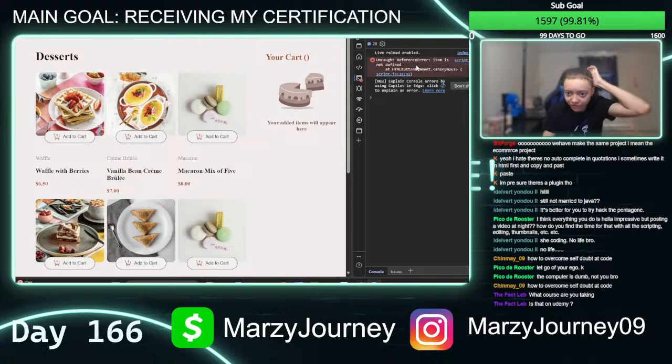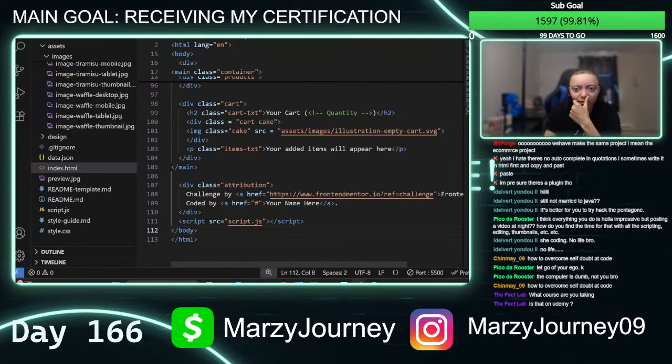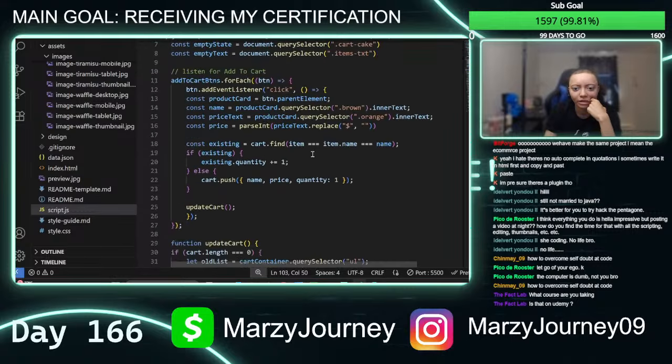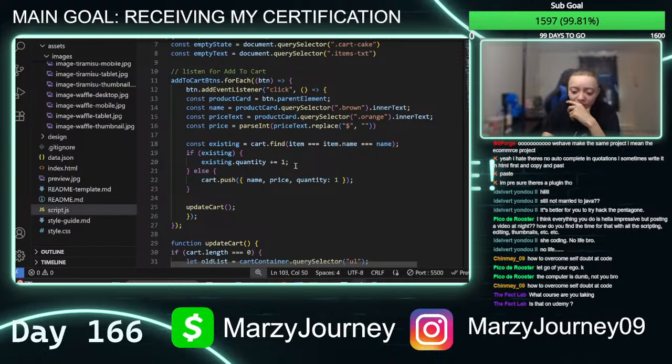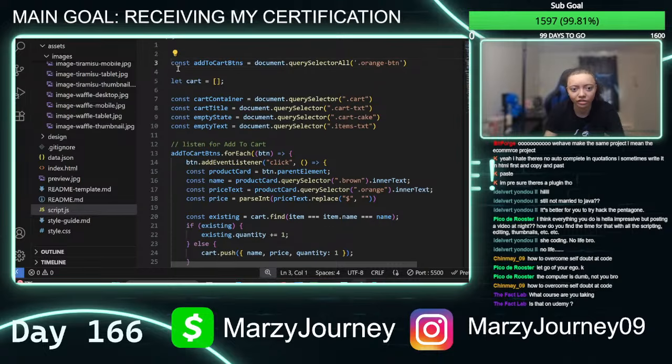It says item is not defined. Where at? It says item equals item dot name. So maybe I was supposed to put that, which line is this? 18? Maybe I was supposed to put item in the parameter, because it's saying item is not defined. The only thing I could think of is maybe I was supposed to put a comma up there, but I'm not positive. Line 18? Oh, and also I forgot that I have to drop this down to line 3, just in case y'all end up seeing where I went wrong, because you can't see when I zoom in.